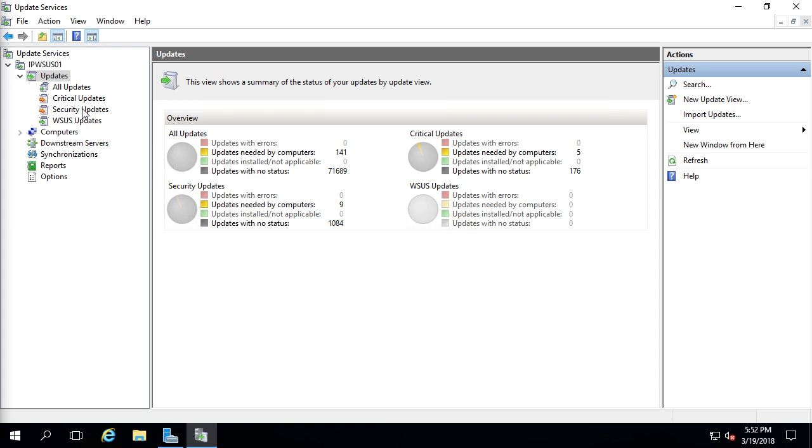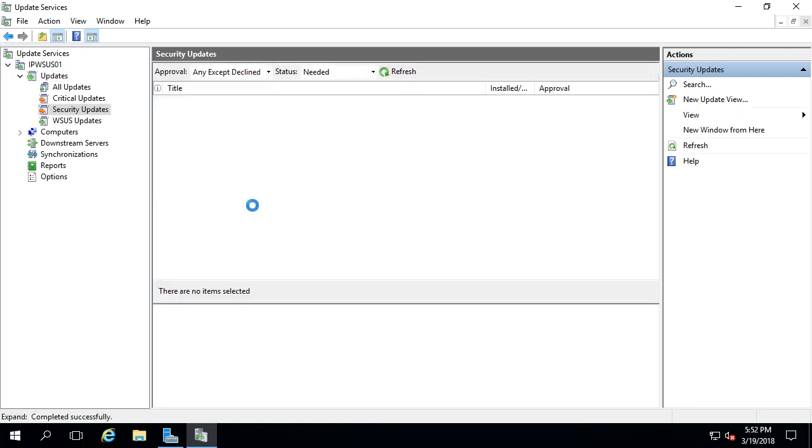So Microsoft releases bulletins that say, hey, we have this vulnerability in Windows and we patched it with this update, and the number is KB 12345 or whatever the number may be. Those will be security updates, and you want to approve those as much as you can. So under security updates, if we click on updates needed by computers,